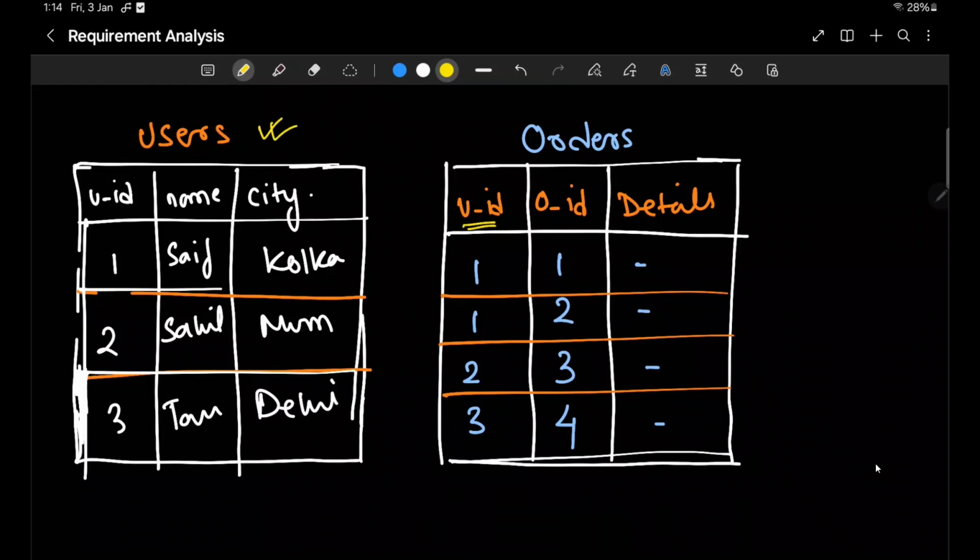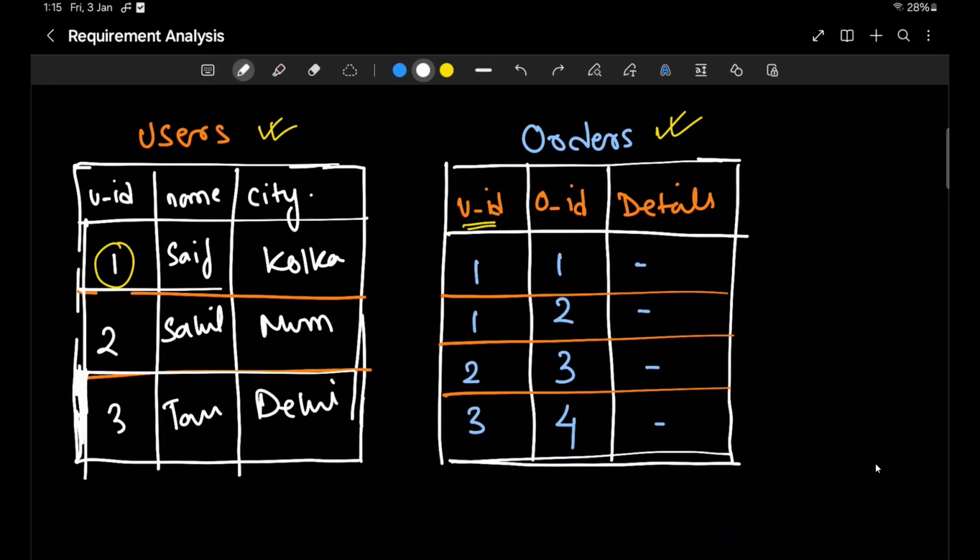Let's suppose we have two table, name, users, and orders, and we need to find all the orders placed by the user ID 1. Now, if you observe closely, we have a column called user ID, which is common in both of the table.